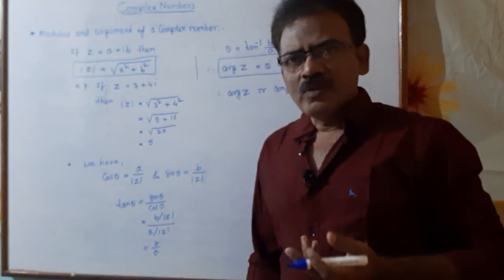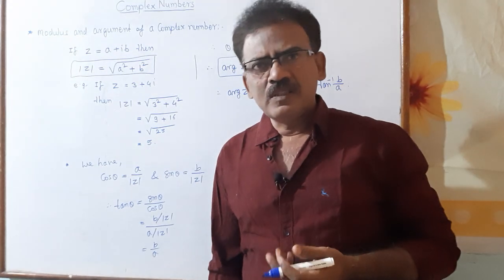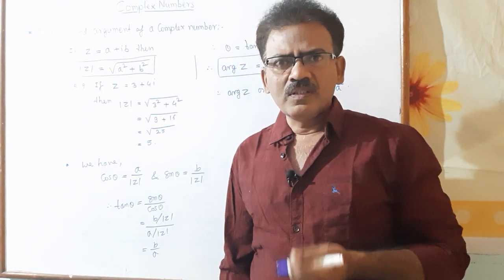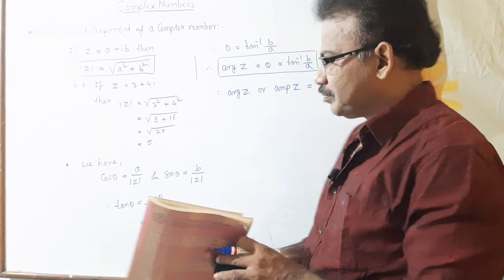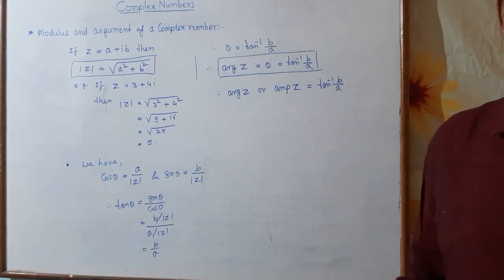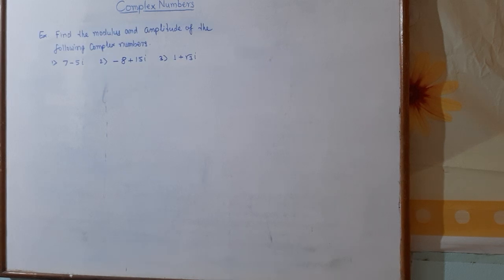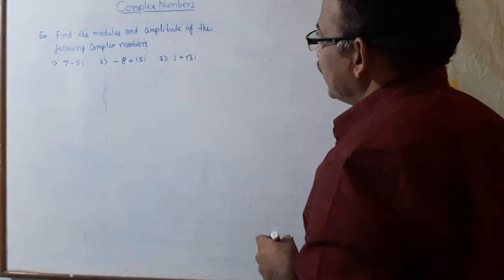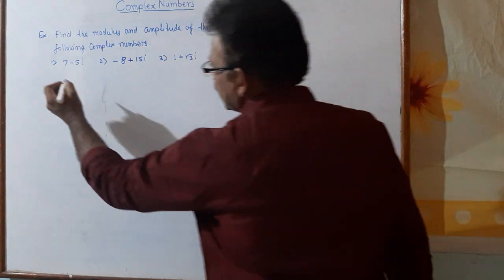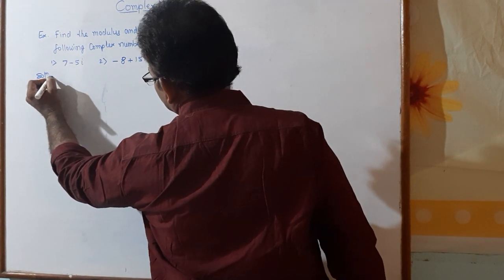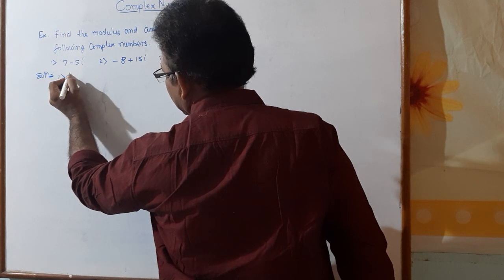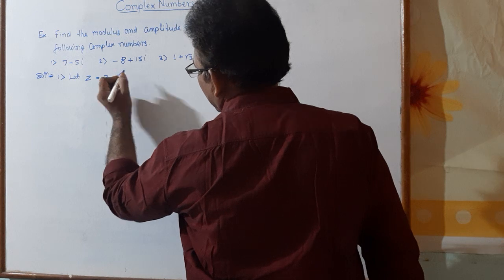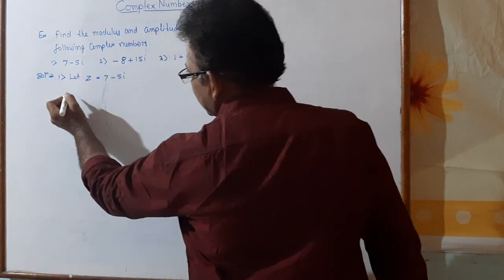Okay, so we'll solve some problems depending upon this definition, that is addition, subtraction, multiplication, division, modulus and argument. Okay, let us start. So see the example: find the modulus and amplitude of the following complex numbers. So first, solution of the first: we let z equal to the given complex number 7 minus 5i, and therefore we know the formula